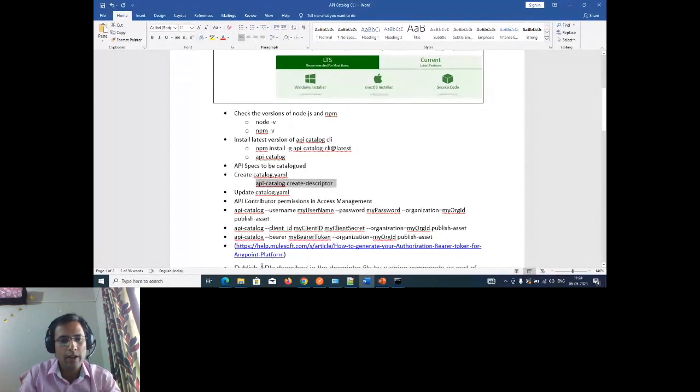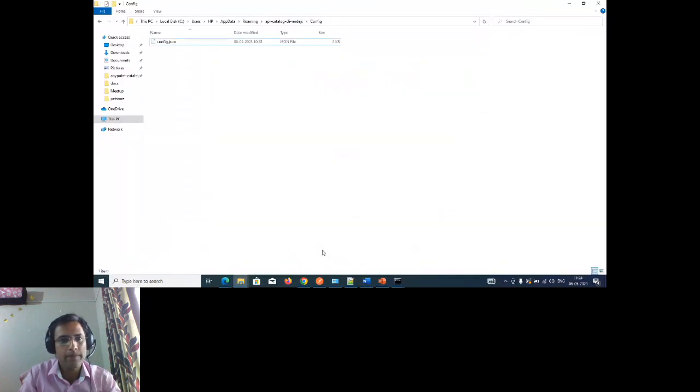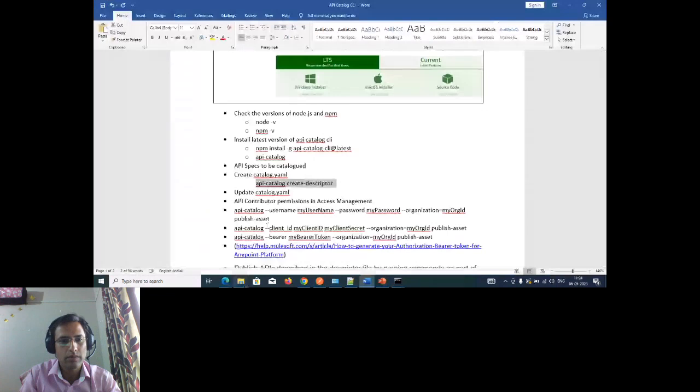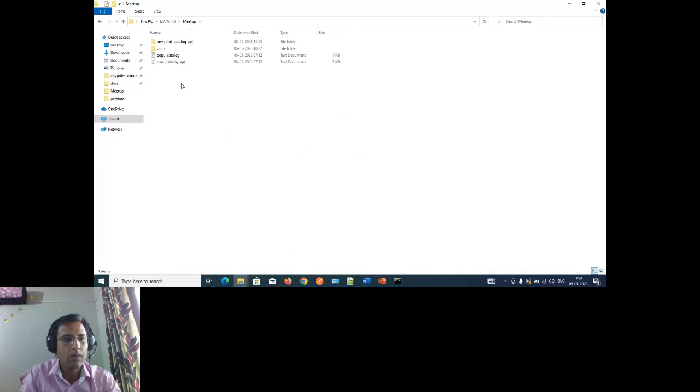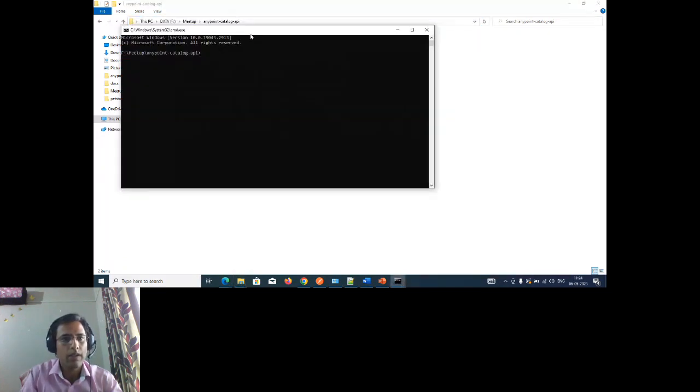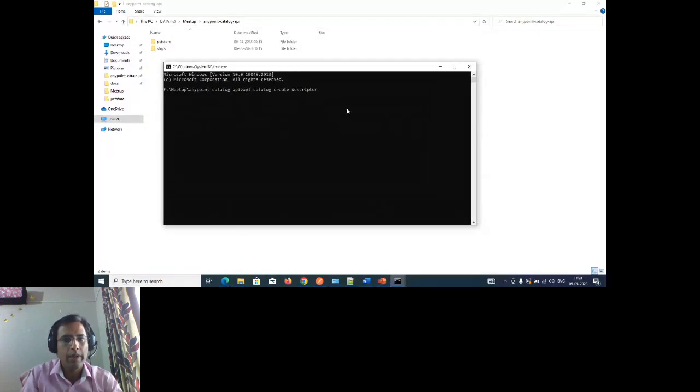I have put in these APIs over here. I'll just run this command in the API catalog to create a descriptor file. So catalog.yaml that will be created, we will be calling it a descriptor file. If I open that,